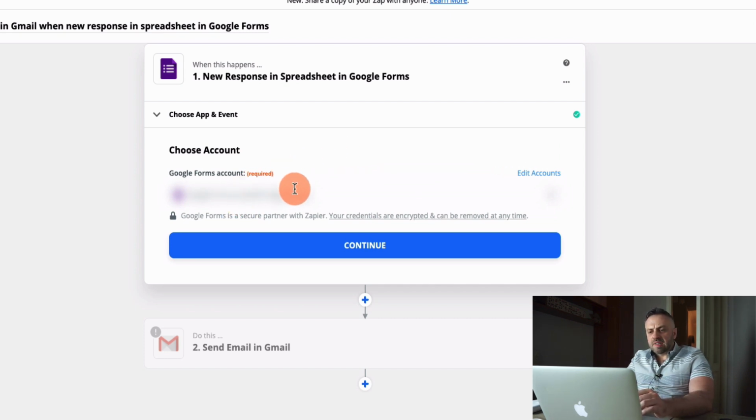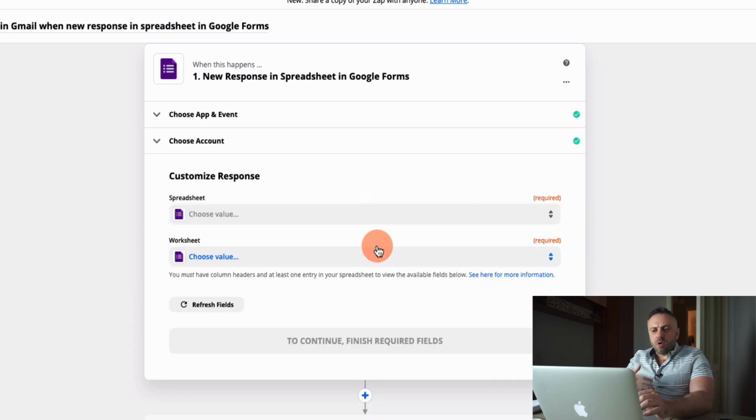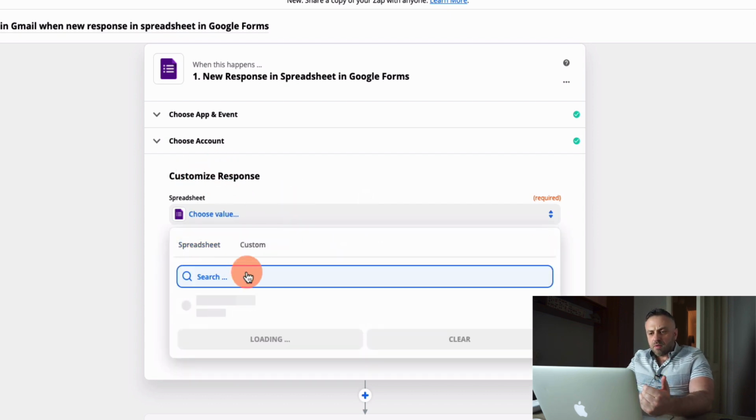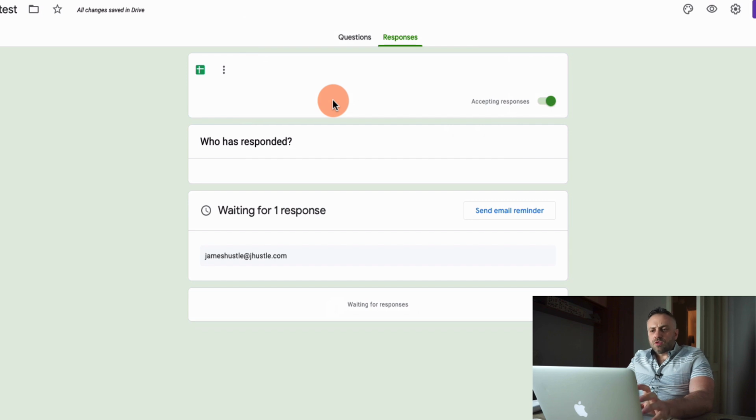It's already selected. Now we want to click continue, and we want to set up the second part of the flow, right? We can customize a response, and we can pick a form. Now before we can finish this automation,